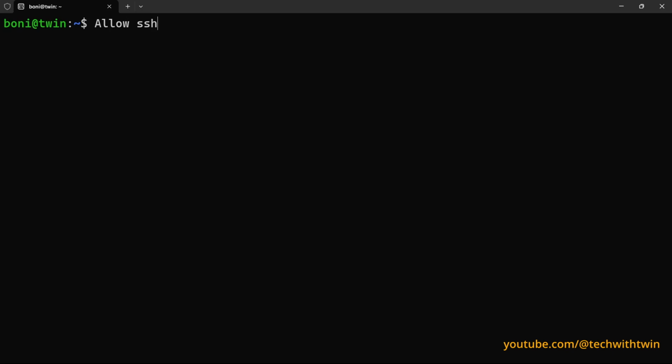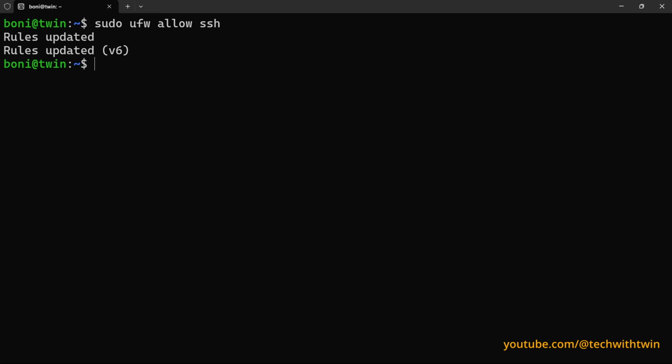If you don't allow SSH, you will not be able to connect through SSH to your server, and you won't know how to access your server. So you'll be locked out and you'll have to repeat all that process. So to prevent that, the first step is always sudo ufw allow SSH. So just first allow SSH,